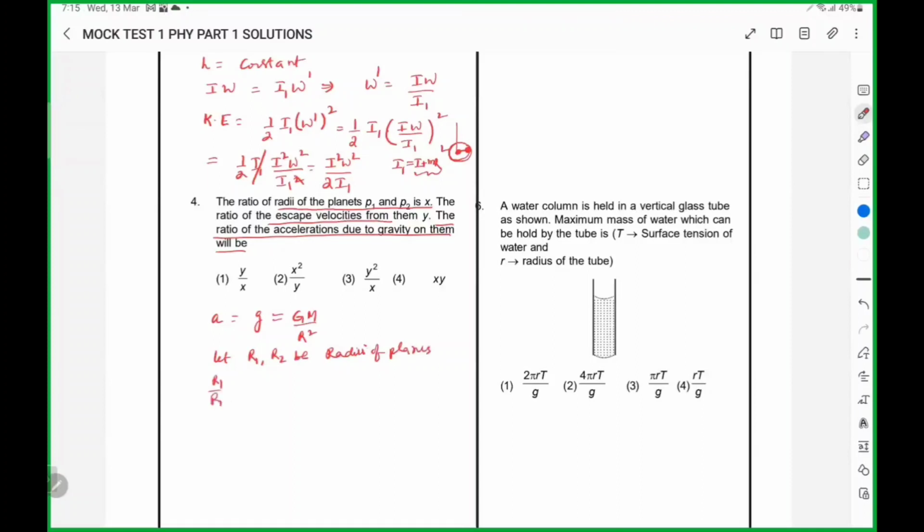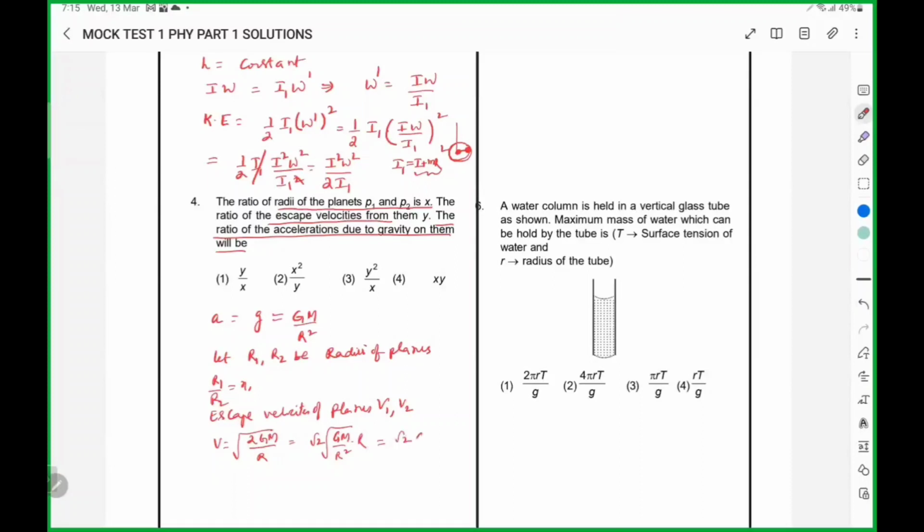So R1 by R2 is x, and escape velocities of planets v1, v2. So we know that escape velocity is this. So I can write it as root 2 into root of GM by r square into r,